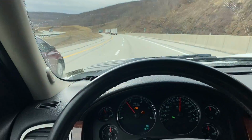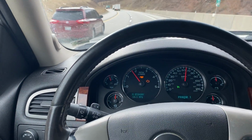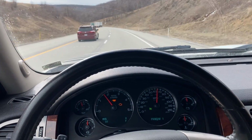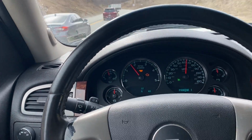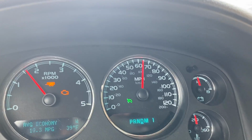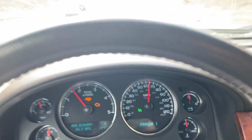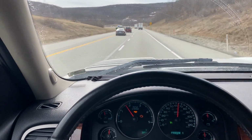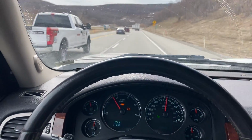So you see the sign there, a steep grade for the next 6 miles. This Duramax, which we got recently, is a 2011, the LML Duramax. And look what it's doing. We set the cruise at 65, we're going downhill with our heavy trailer hitched up to it. And usually when you're going down a pretty steep grade